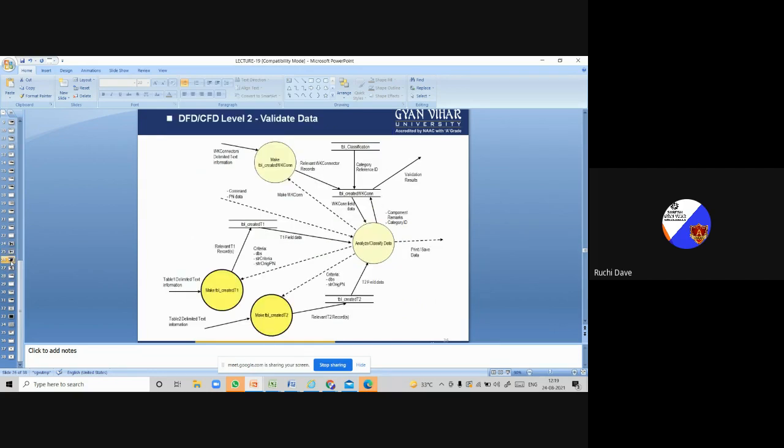On level 2, again the validation is specifically telling you where all this is happening. Like make bill created by WK connector, then your table created. Here also there is a file, relevant records are going, command pn data is going, so it is analyzing, it is classifying, then again it is sending the data, and data is coming back from the data store, two data stores being there. You see how much elaboration there is. Okay. So this is... Yes, ma'am.